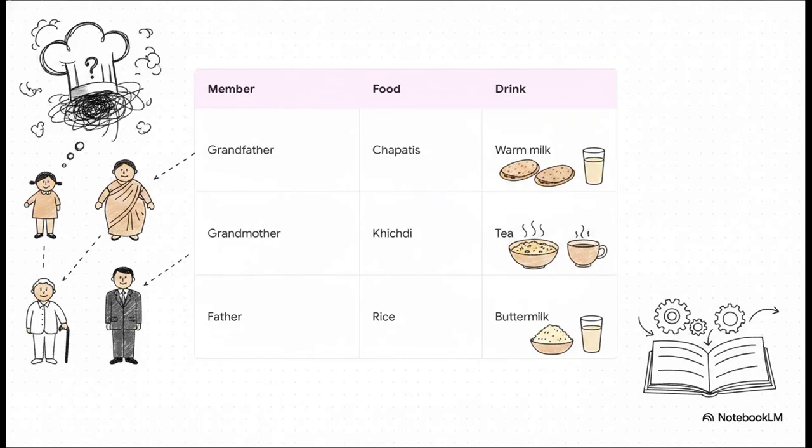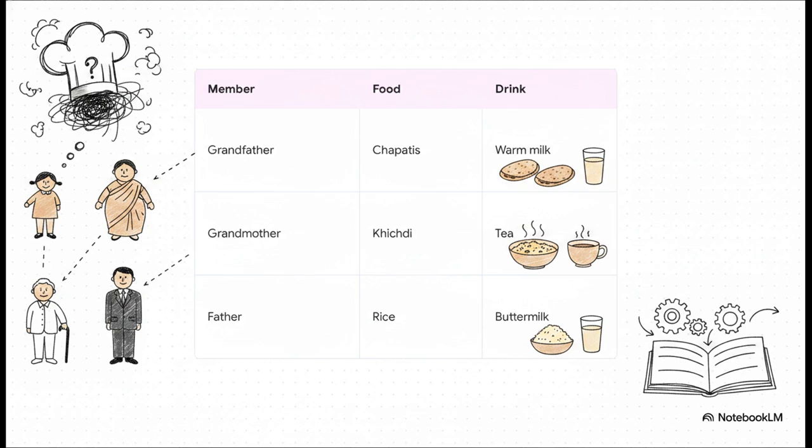Let's ground this with a highly relatable example, a family kitchen menu. Imagine you have a big family, and everyone has vastly conflicting food and drink preferences. The person cooking is getting completely overwhelmed by all the verbal requests. But by taking a moment to put these complex meal details into a simple, structured table, organizing food and drink into clear columns, and giving each family member their own row, the culinary chaos instantly vanishes.